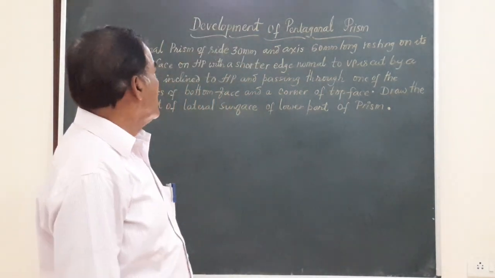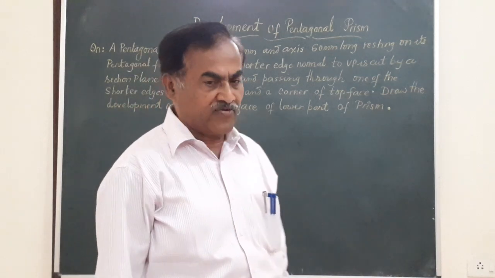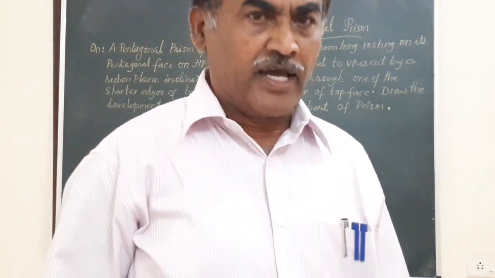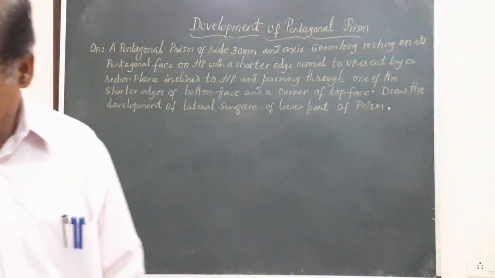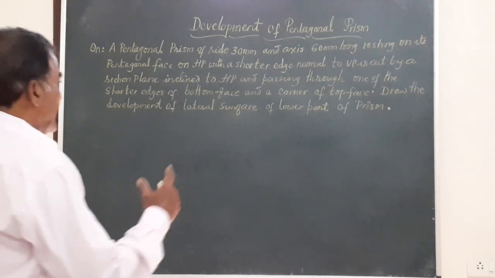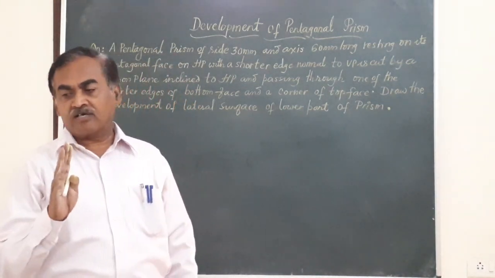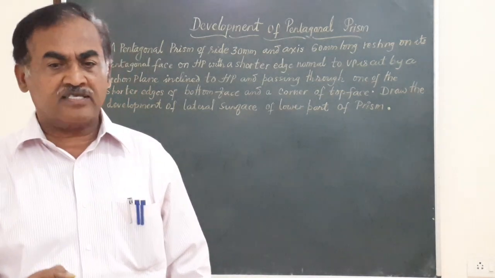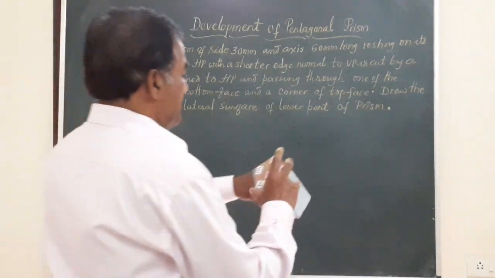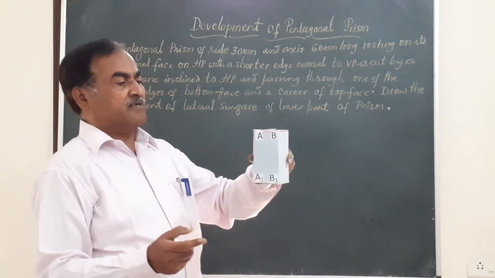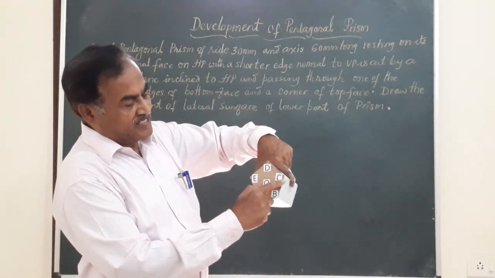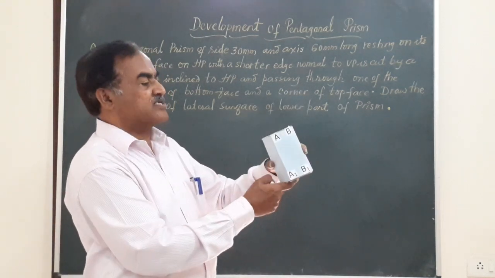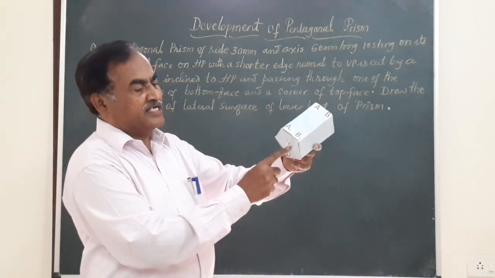Friends, in today's session, we are going to have the development of a pentagonal prism. So let me explain to you about this pentagonal prism. By name, it indicates it has 5 rectangular surfaces, and it also has 5 edges for the bottom face and 5 edges for the top face. And this is one such pentagonal prism you can see. So these are the edges of the top face, the lateral rectangular surfaces, and this is the bottom face. We have the top center O, bottom center O1.